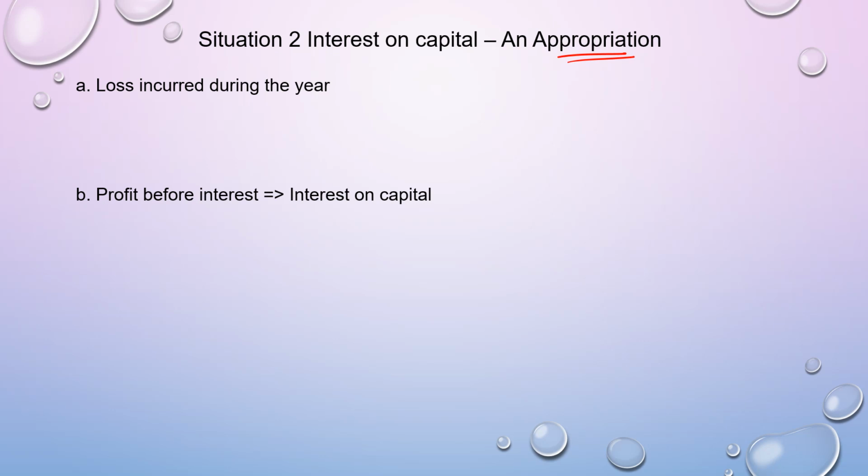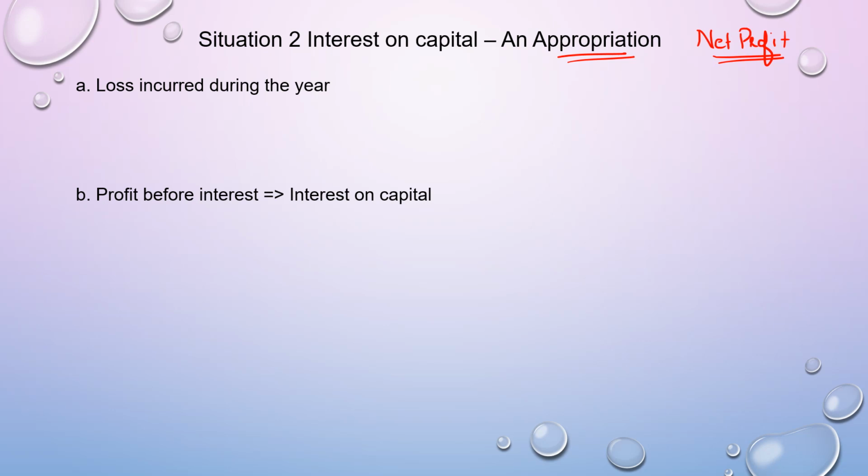Appropriation is nothing but the division of the profit in different forms. The net profit earned by the firm is going to get divided amongst the partners in different forms. Some portion of it is going to go to the partners in the form of interest on capital. Other appropriations include the remuneration paid to the partner. A certain portion of the profit might be set aside to general reserve, but whatever is left after all such appropriation is called divisible or distributable profit, which will be divided in the profit sharing ratio amongst the partners.